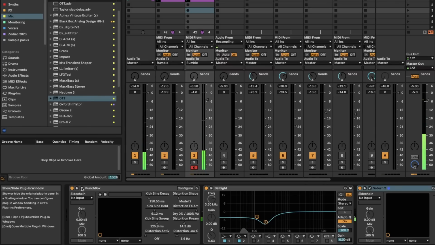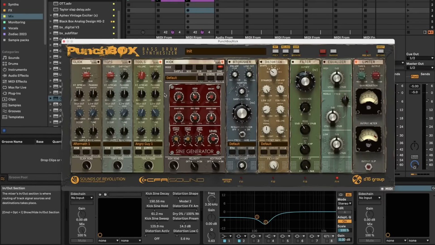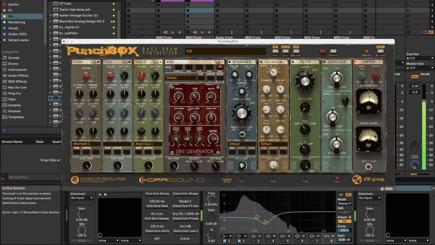In the past, you've seen me use samples a lot for kicks, but these days, what I'm really enjoying is this Punch Box when you simply initiate it and you start from a sine wave. I really like the sound that comes out. It's very forward, warm, and modern. Steal my settings if you want, together with the rumble. I love that rumble so much. Okay, I should just stop.